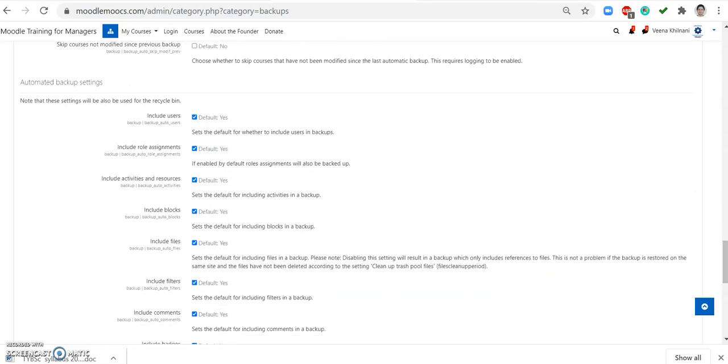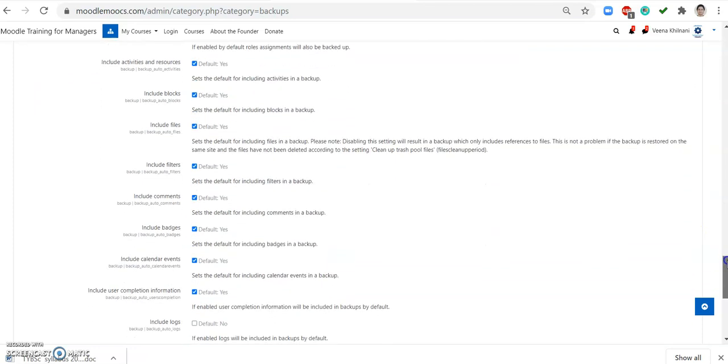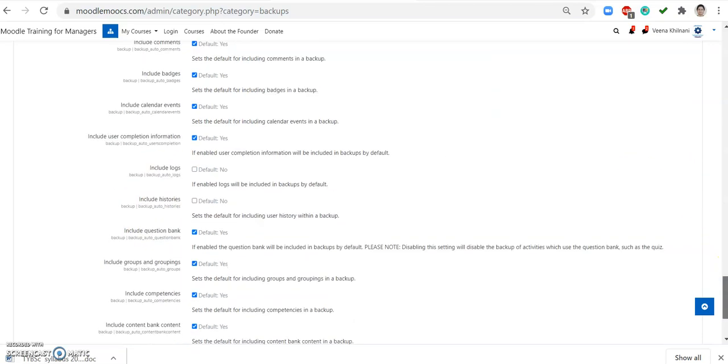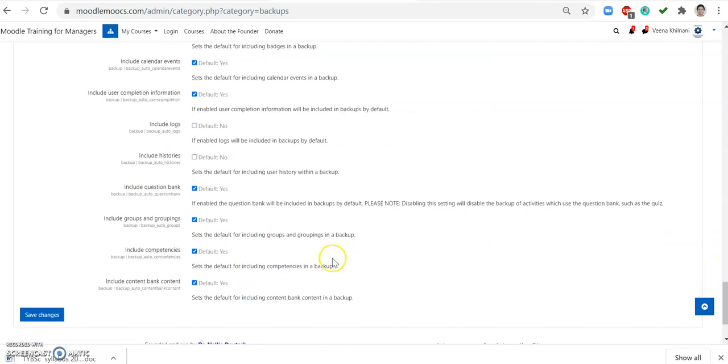Then you also have automated backup settings, which include users, assignments, resources, blocks, files, filters, comments. So you have different settings depending on the backup. Comments, badges, calendar events, completion information, including logs, histories, etc. So these are the different features included. Question bank, include groups and groupings, competencies, content bank content.